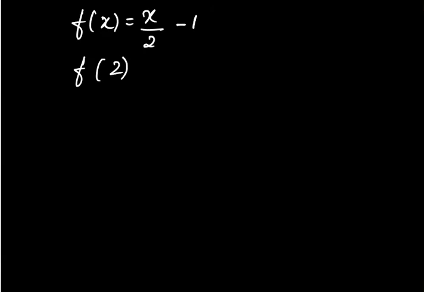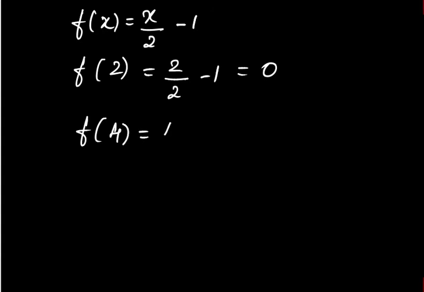So write the value of f of x. f of x is equal to x by 2 minus 1. So for the first x value, that is 2, f of 2 is equal to, replace x by 2, we'll get 2 by 2 minus 1. 2 by 2 is 1 and 1 minus 1 is 0. Similarly, find f of 4. 4 by 2 minus 1. You'll get 4 by 2 as 2, so 2 minus 1 is 1.